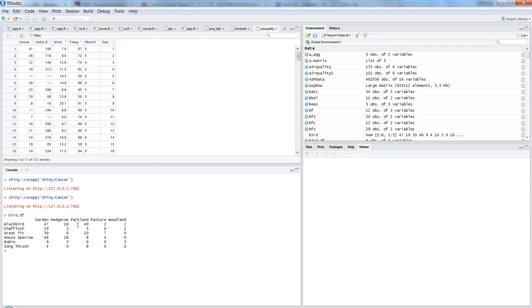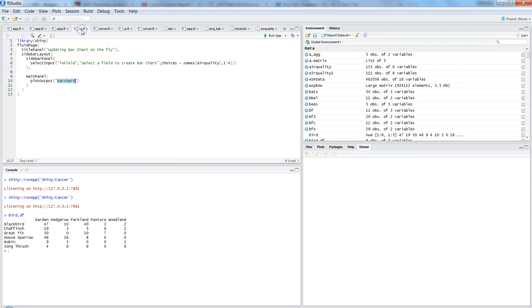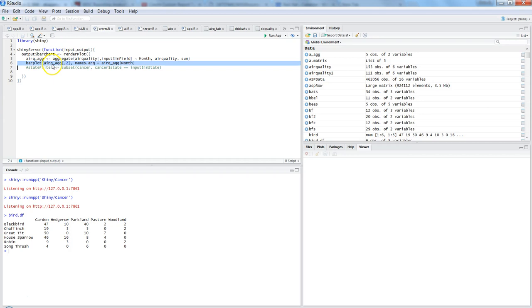So in that case we may need to use a different strategy, because airquality is a flattened structure, but bird.df is an aggregated or cross-tabulated structure. And in that case we don't have to specify the aggregate function because values are already aggregated by our birds. So for that, if I go here in the ui.R and server.R, and within the bird bar plot,